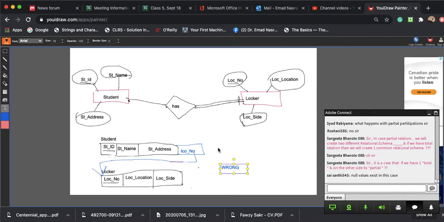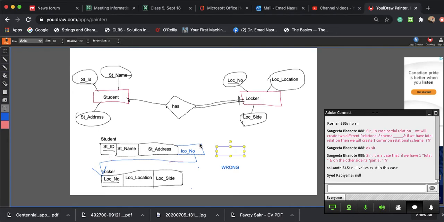What if the student doesn't have a locker? It will be null. But when we remove this from here, and add the student number here, STID,